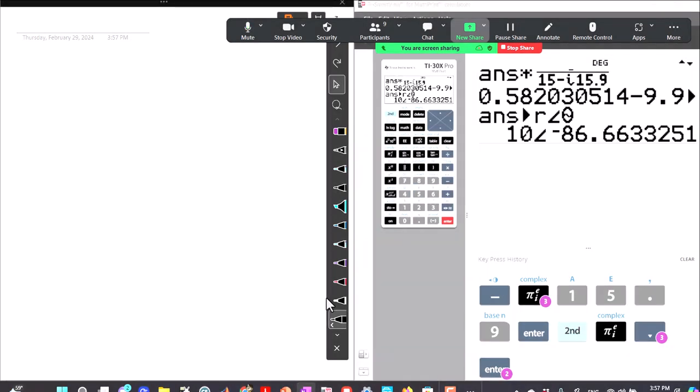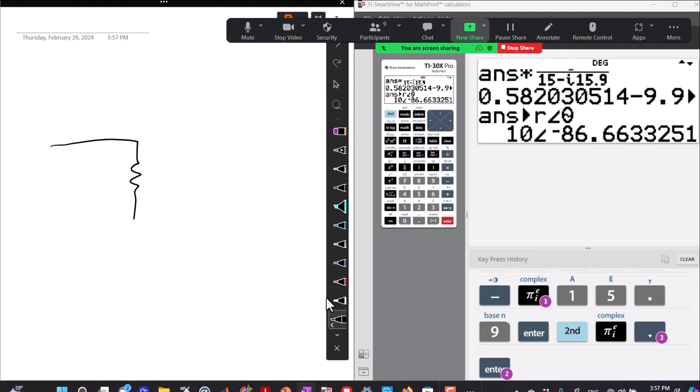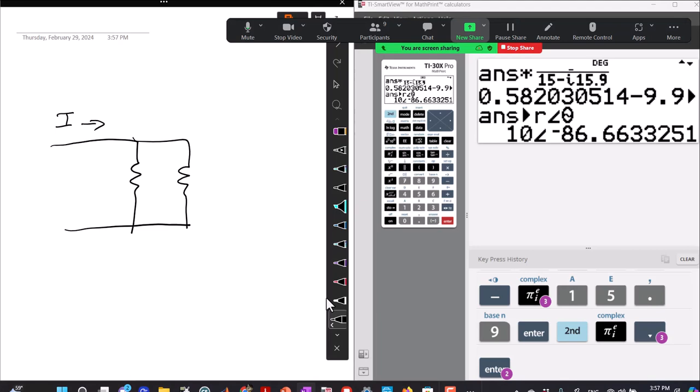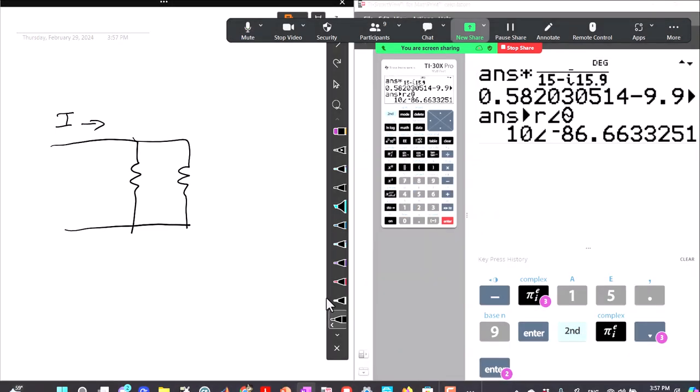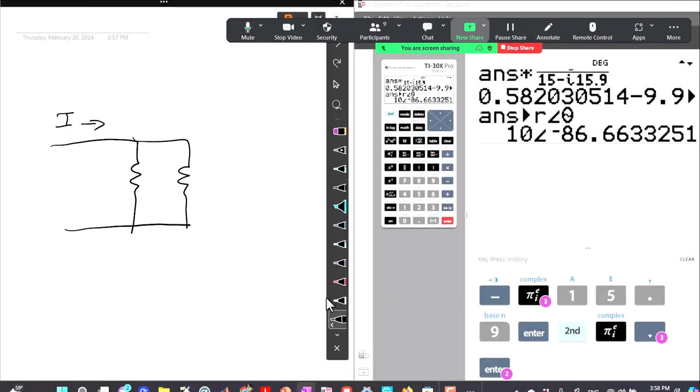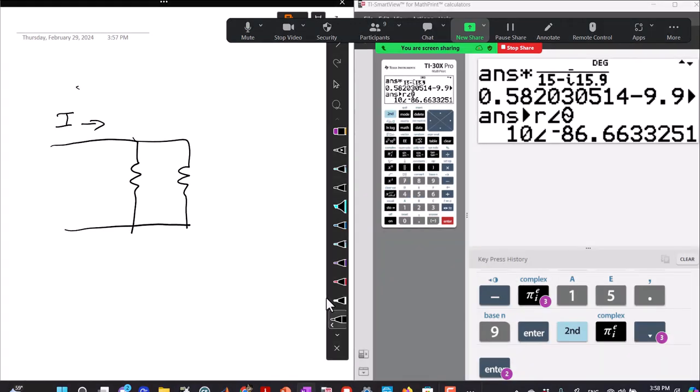So if I have a current that comes and divides, so here's my current, and I'm going to do this by way of an example, and hopefully that'll help you understand a little bit. Let's say I have a current that is 3 amps, and I have a resistor here. One of them is 2 ohms, and one of them is 1 ohm. And we know that